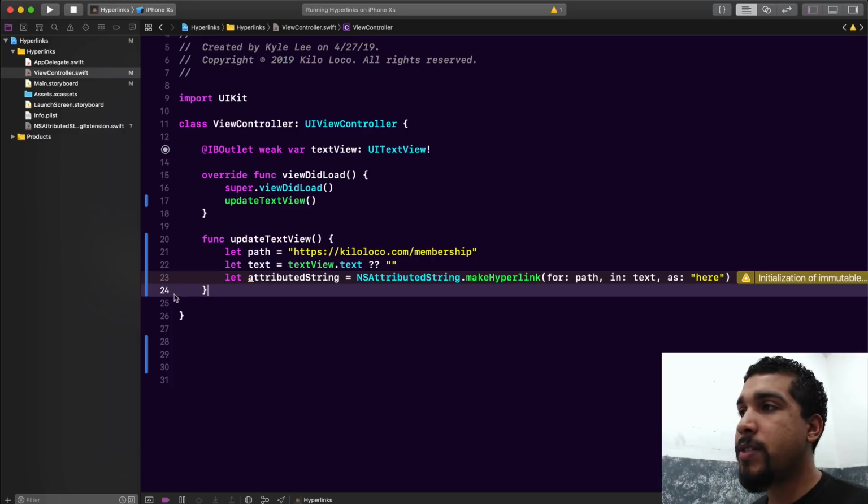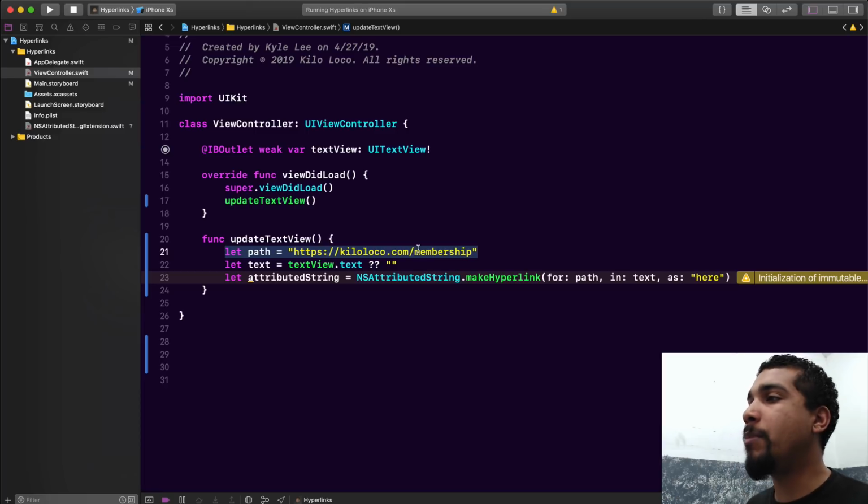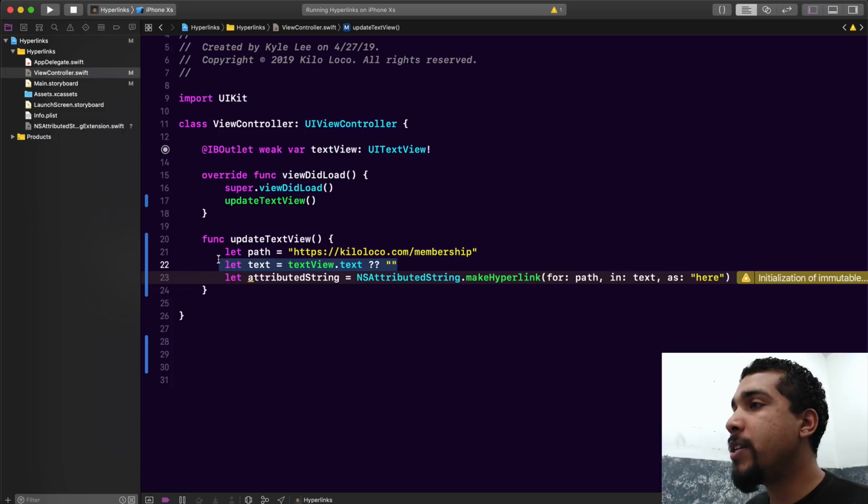All right, so as you can see, all I did was create a path or a URL, or whatever you want to call it. I call it a path whenever it's a string and a URL when it's an actual URL object. But I created a path, I created a text, and then all I'm doing is creating an attributed string by saying